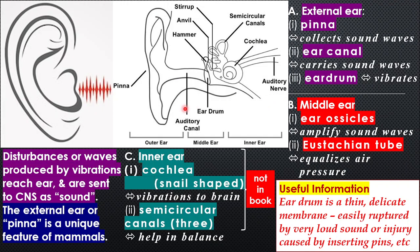Next we have the ear. Here you can see sound waves entering the ear. Now the outside ear, which you can see, is called the pinna. And here we have an auditory canal, the ear canal. So the pinna is outside, what you can see,